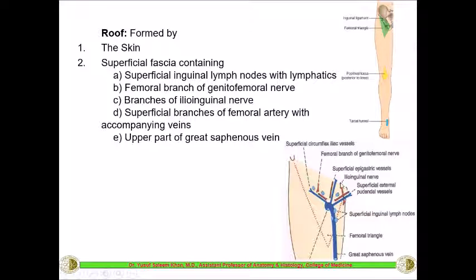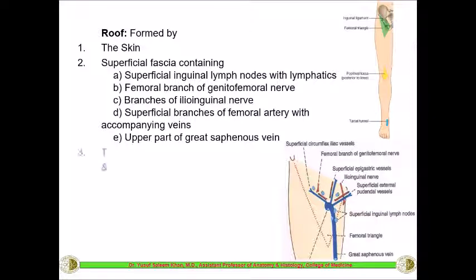Along with that there is also a nerve which is called the ilioinguinal nerve. So you can also see the ilioinguinal nerve, and superficial branches of the femoral artery with accompanying veins can also be traced here, as well as the upper part of the great saphenous vein. This is a very important vein which will be draining into the femoral vein. This is the superficial vein, the great saphenous vein, which has a lot of clinical